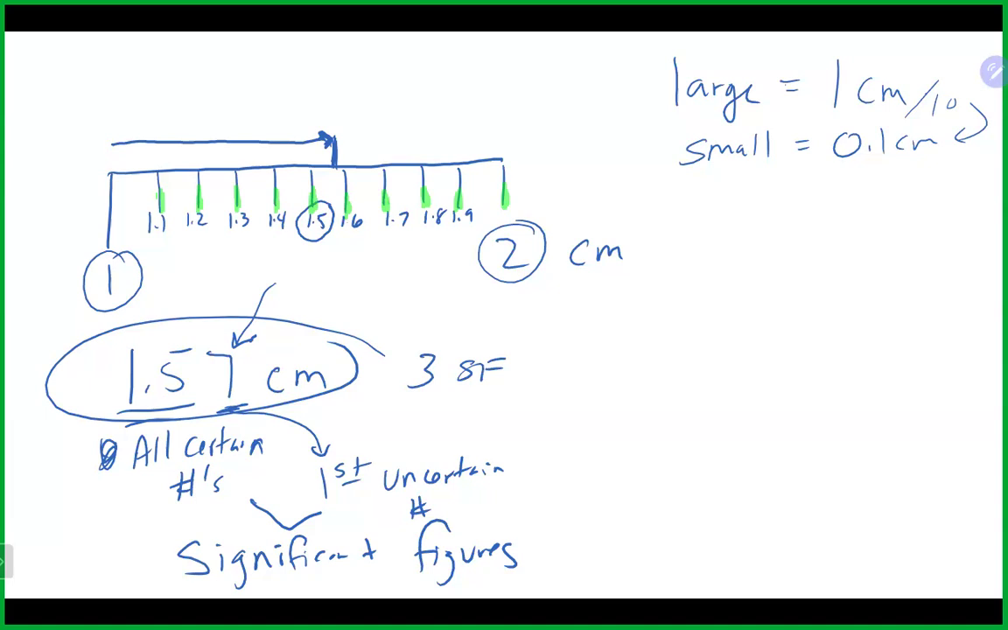Yeah, so significant figures are basically derived from measured numbers, and they're derived from all the certain numbers in a measurement, and that first uncertain number is basically what makes up what significant figures are. So it does depend, for example, on the type of equipment that you're using. So for example, if we